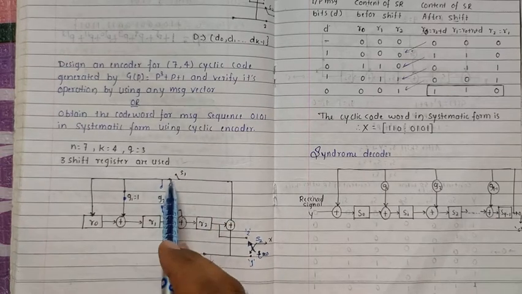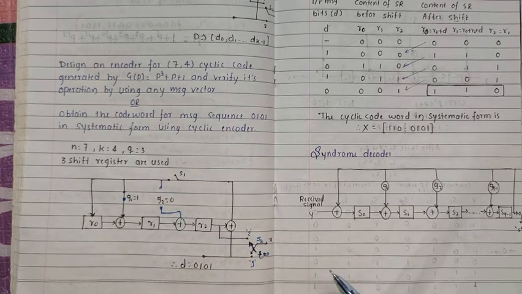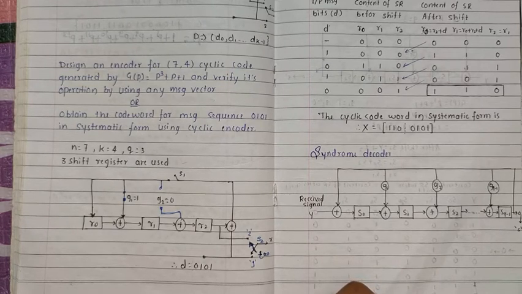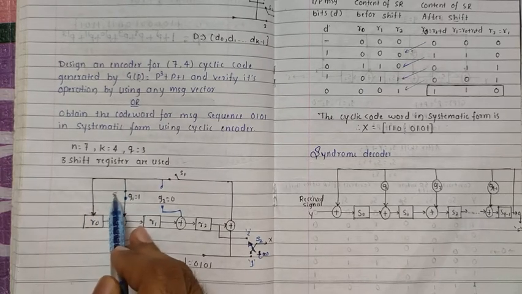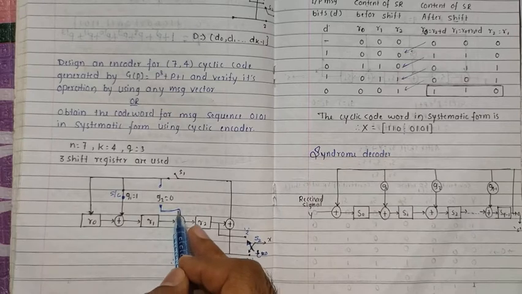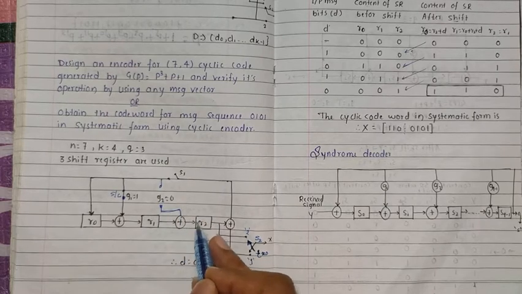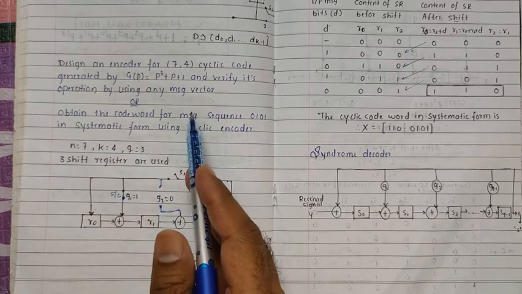Once again there are 2 switches, S1 and S2, and the same kind of things whatever we have drawn in the earlier generalized block diagram. The important thing here is to decide about the gain. So we got here g1 is 1 and g2 is 0. 1 means a short circuited gain. So for g1 we have drawn a short circuited path. Why? Because g1 is 1, and the gain for shift register R2, which is coming from here, is 0. So we will draw here an open circuited path for R2 since g2 is 0. Now this is the design of the cyclic encoder for this particular numerical.